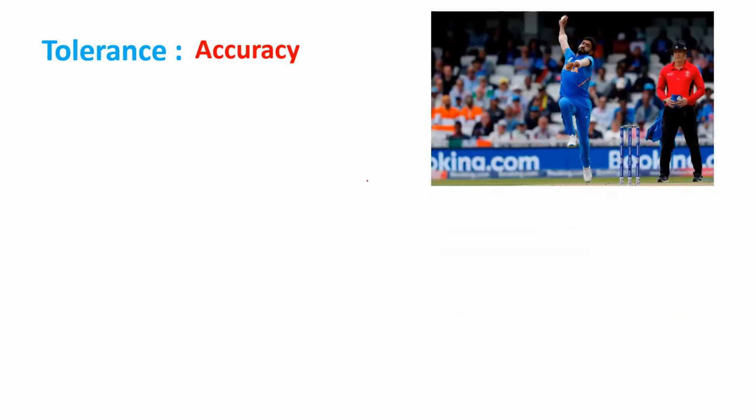Alright. Now we'll consider the 4th color band. The fourth color band is termed as tolerance. So what is tolerance? Tolerance is actually related with the term accuracy. Now I'll give you a small analogy. You people are familiar with this particular figure, right?